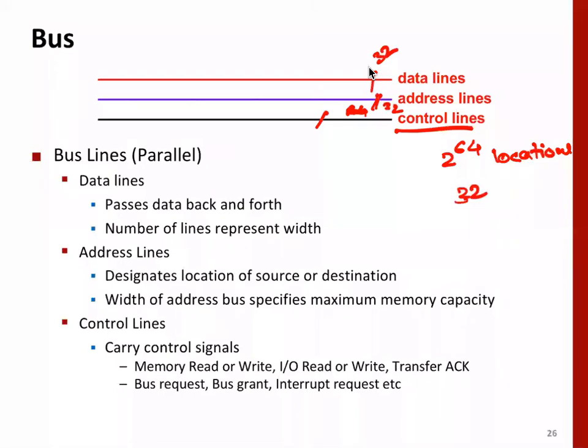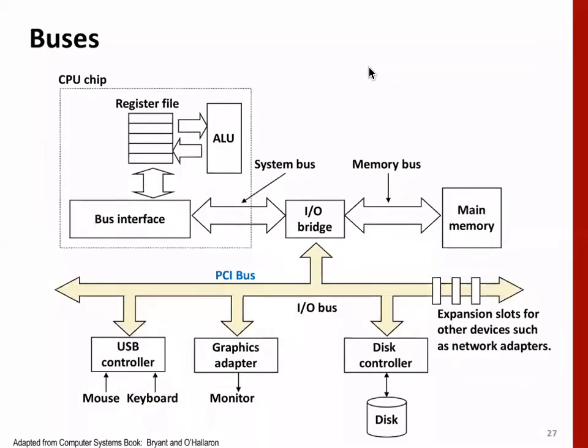We can use one bus for all 3 activities, but then there will be a time lag. First you'll have to transmit the address, then it will get stored in some register, then you'll have to send data, it will get stored in a register, and then control. When the control signal comes, then you can write. So essentially you take 3 times more time. It's all again a question of how you design. You can always design the way you want, but normally this is the way that these 3 lines are different. All right, good.